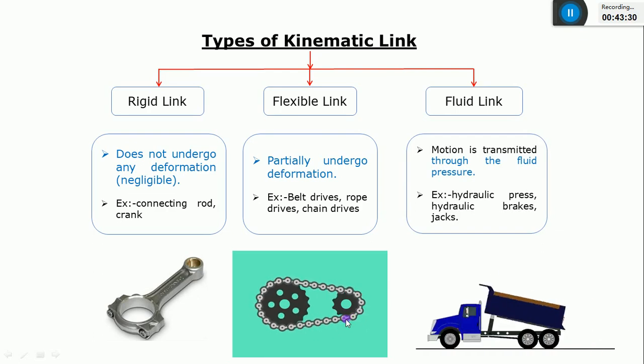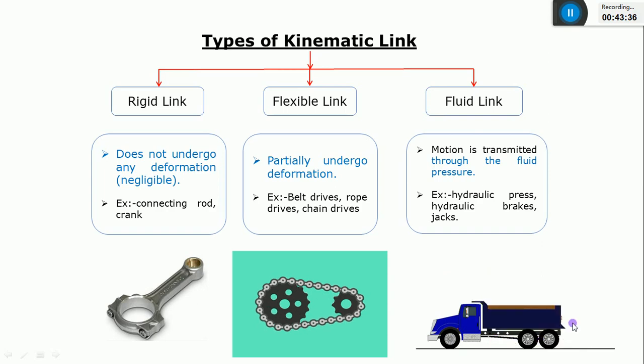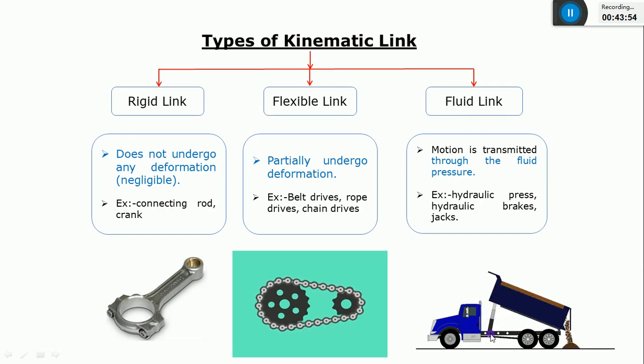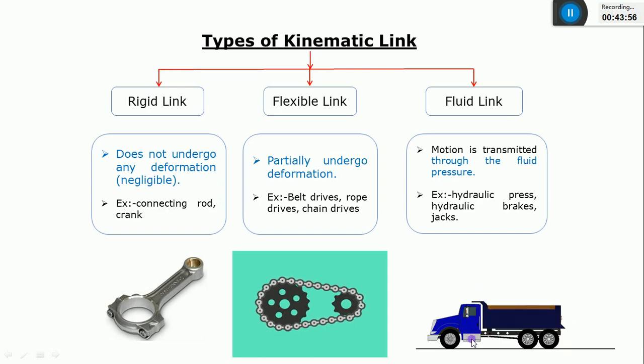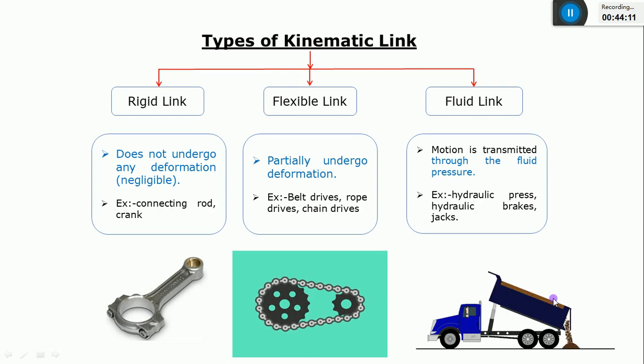I think you have seen this vehicle. What is the name of this vehicle? Generally you can call it a dump truck, used to unload sand particles or cement during construction. This dump truck is connected to a telescopic type of cylinder, and inside this telescopic cylinder there will be hydraulic oil. Not only this dump truck, but also a JCB during construction work, during the excavation of earth. You have also seen hydraulic cranes, hydraulic lifters, and these JCBs.